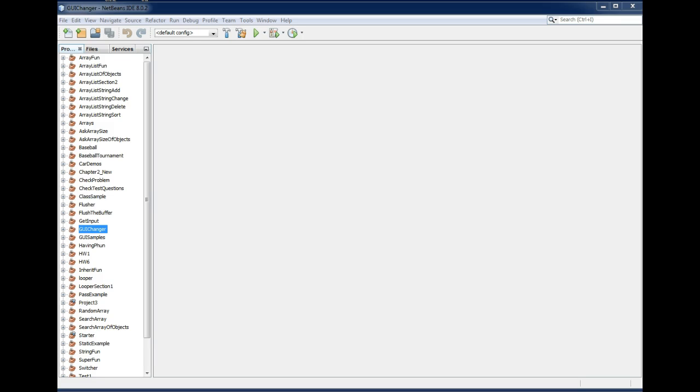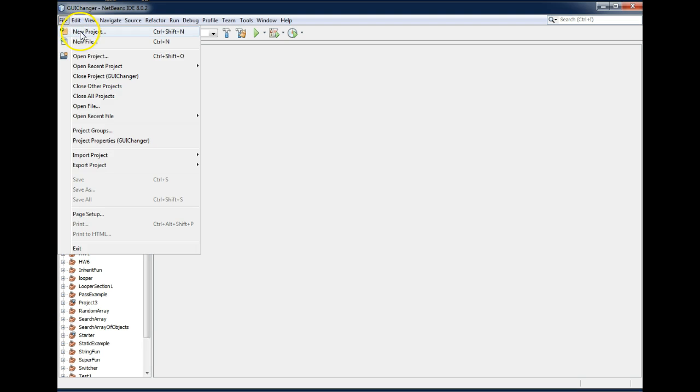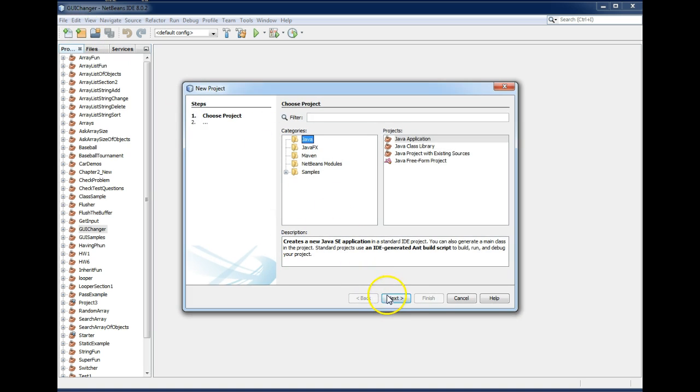Hopefully you've watched the other videos concerning Java and using NetBeans, and that has all been in a console-based environment. So now let's move into the GUI, or the Graphical User Interface environment. In order to create a Graphical User Interface project in NetBeans, we'll click on File, New Project, and click on